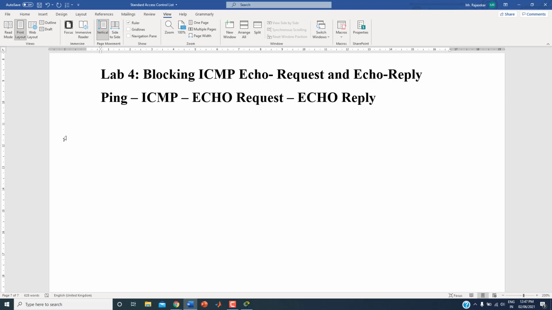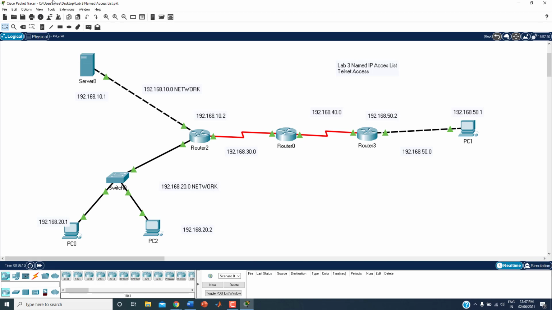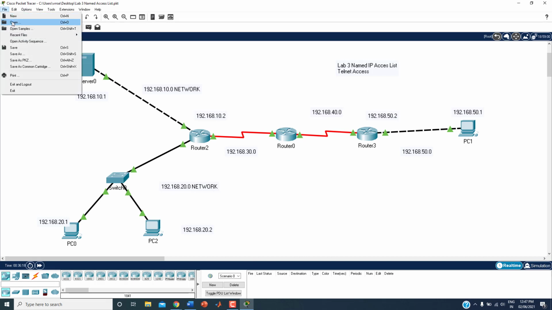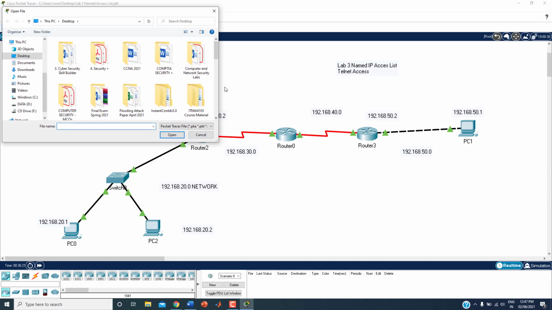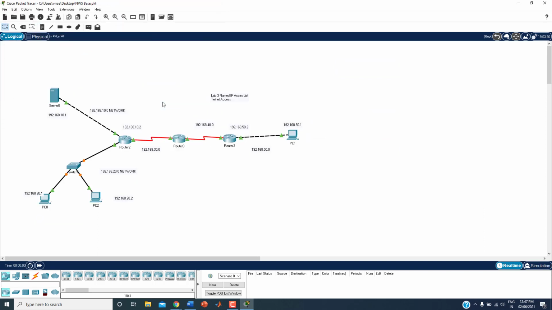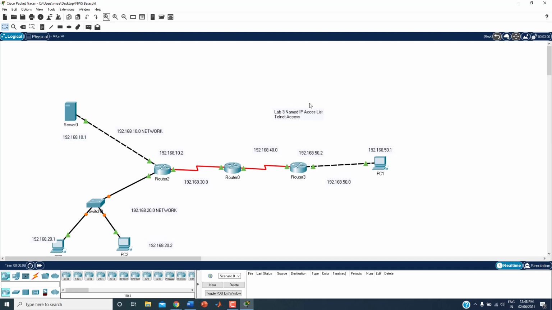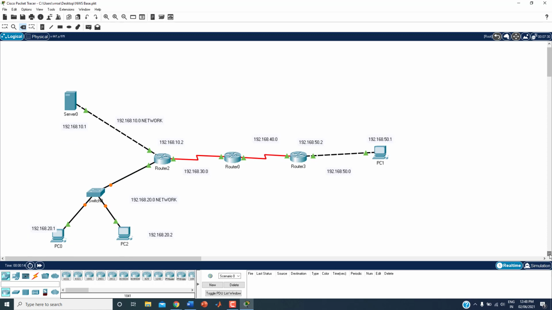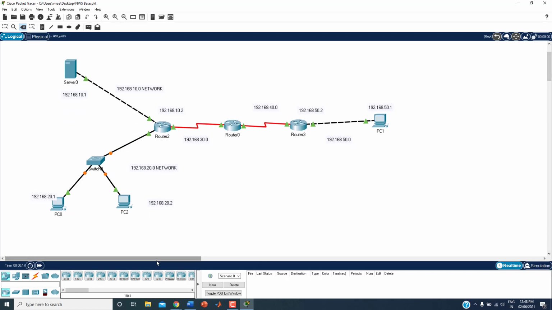So here what we have to do is, you can completely block. Okay, I go to the lab now, you can see I'm going to Packet Tracer. I'm taking our same base topology. So network security base, this base topology I will also give to you, no need to worry. Here we have already configured all the IP addresses, everything is configured. So I'm going to use the same thing for our lab.